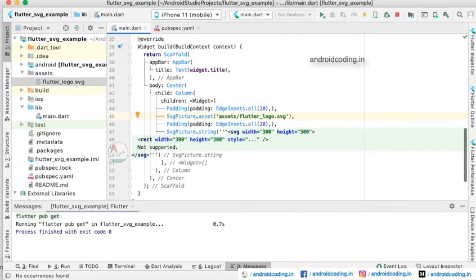After the image we have added some more padding so that there exists some gap, and here you can see with the help of assets we have added an SVG image. Now with the string format we are adding another image here.